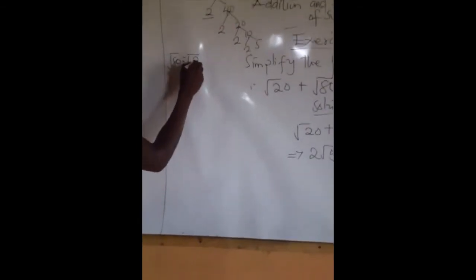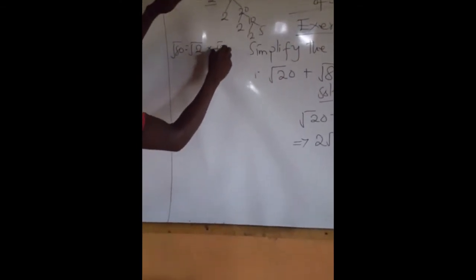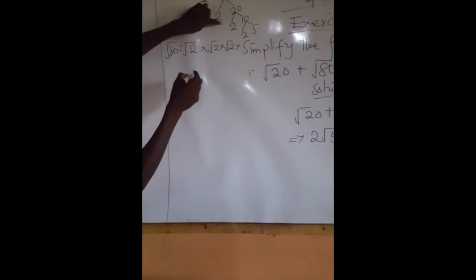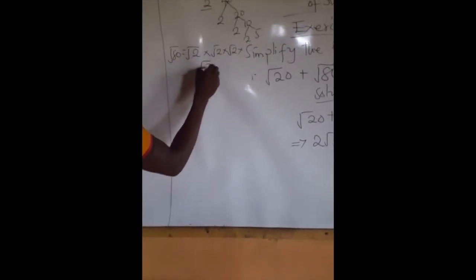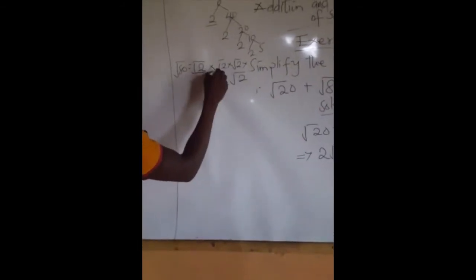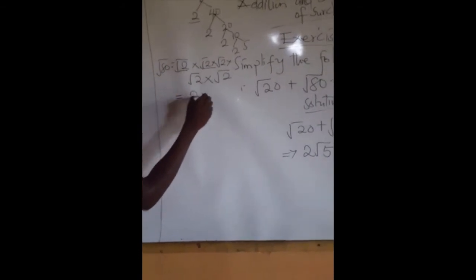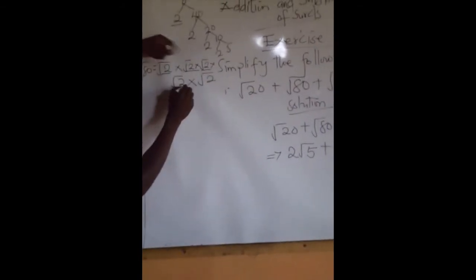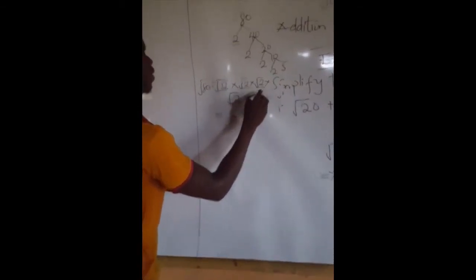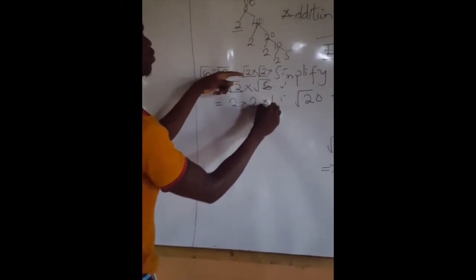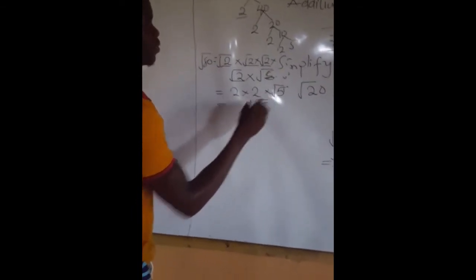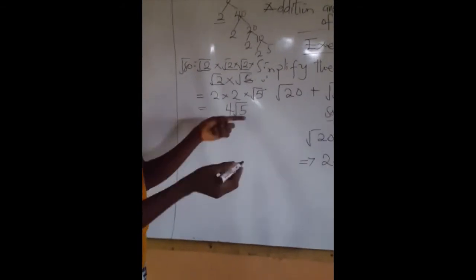Root 2 times root 2 times root 2 times root 5. Now by the first law, root 2 times root 2 gives us 2. We are also going to have root 2 again multiplying root 2, which is also going to give us root 2. Then times root 5. So 2 times 2 gives 4. Then you get 4 root 5. So this also means when root 80 is broken down,